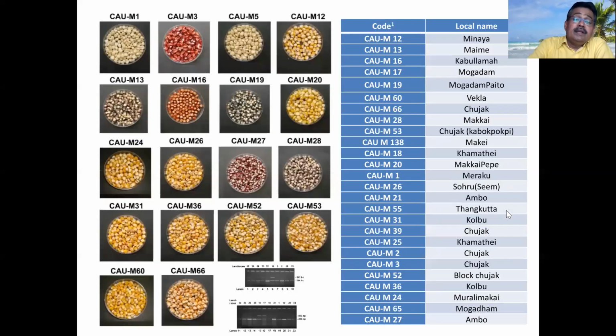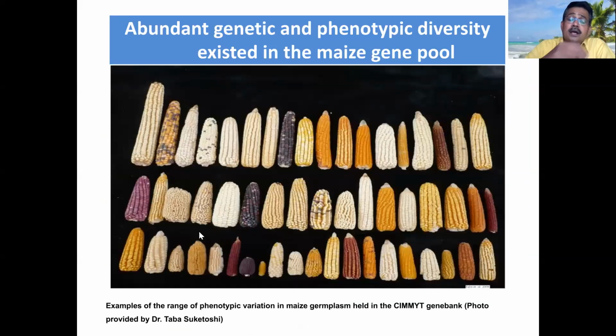So these are the maize inbred lines from the northeast. Even though the color is there, color is not directly correlated, you cannot say that if a color is there, it has high beta carotene. It is because of the total carotenoid. Maybe violaxanthin, zeaxanthin, or other carotenoids may be the reason. So we screened almost all, and we could not get a high beta carotene line.